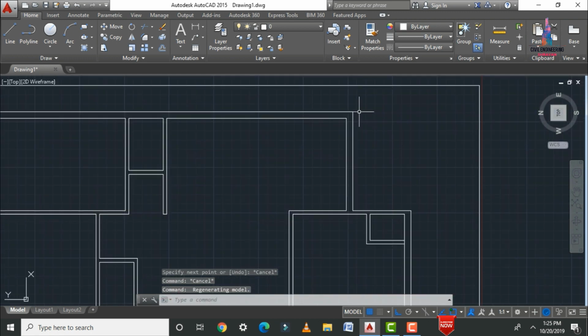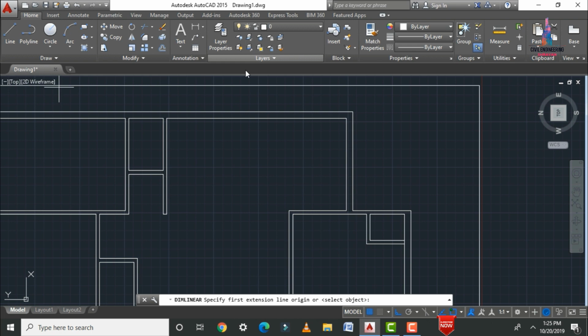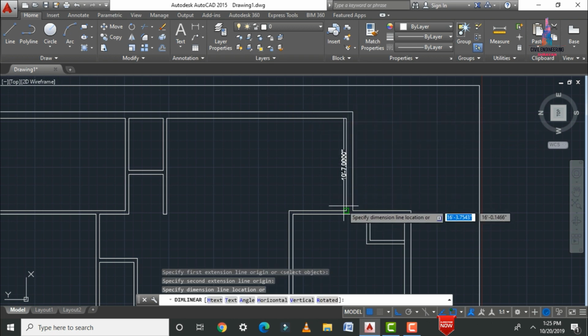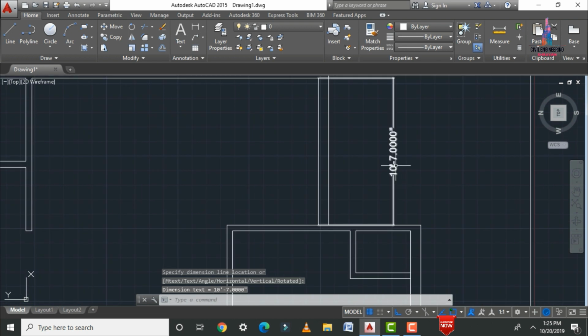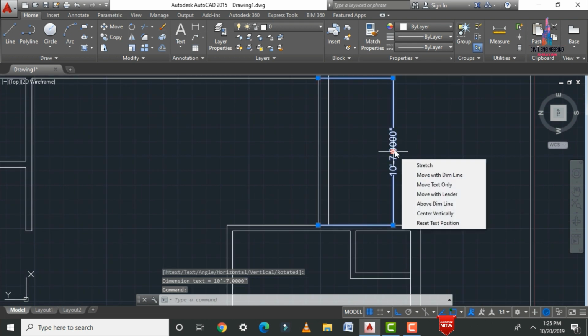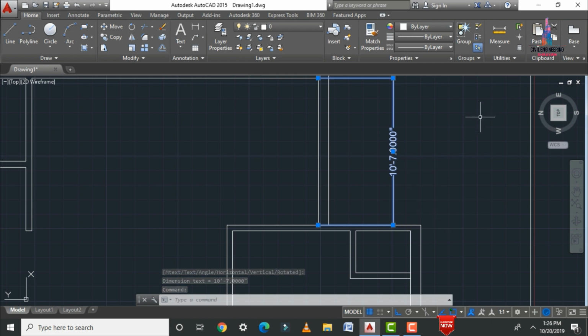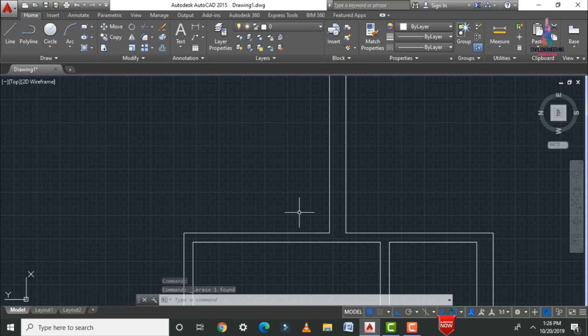So before drawing the door section, initially we need to measure the distance for the respective facing. Okay, so I am selecting this linear option, first point is here, second point is here. So basically it comes to a distance of 10 feet 7 inches. So for this section, I am considering the main door will be at a distance of 5 feet. So basically we will draw that door.